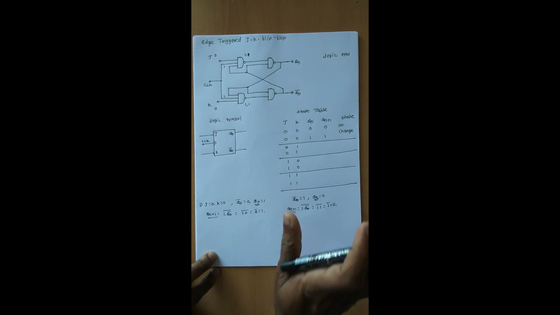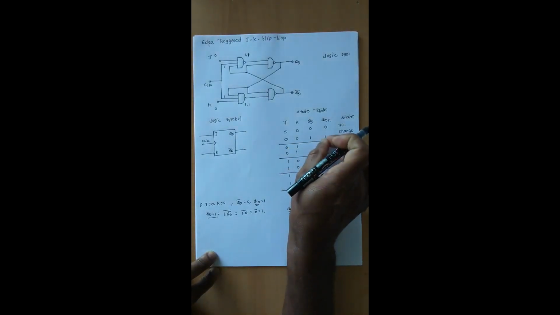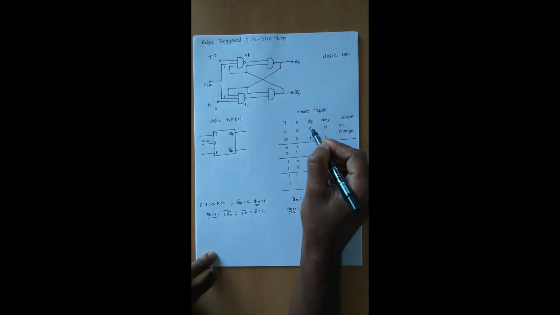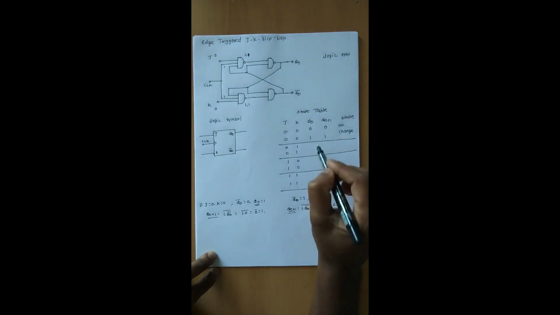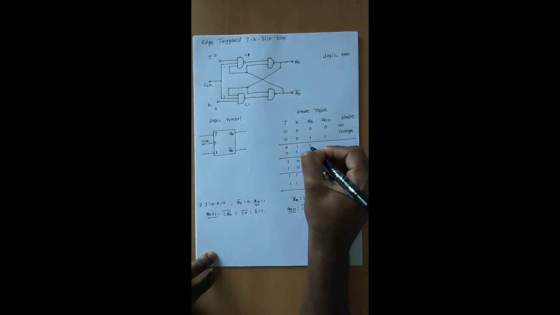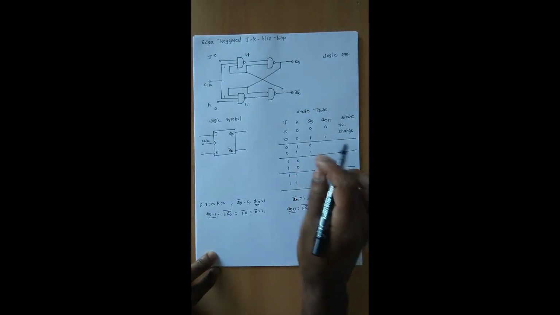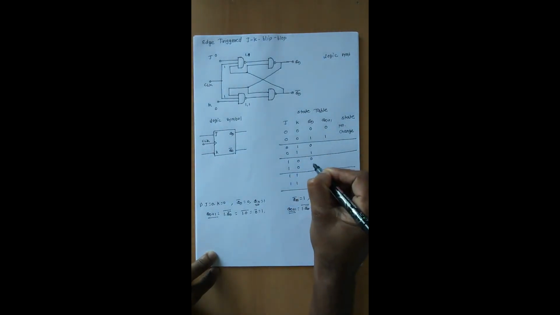But we are only considering this for this state only. We are considering only the present state value with respect to the next state value, but for the remaining conditions there is no dependency of the next state value on the present state value. So we are going to consider don't care conditions for Q of n. Don't care condition means either 0 or 1. For each and every combination it will also be 0 or 1.